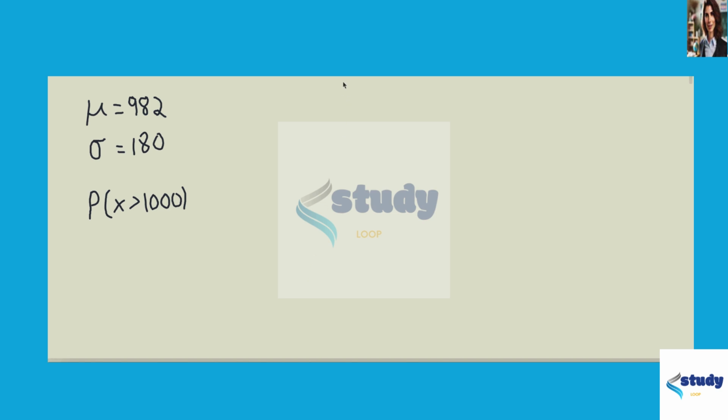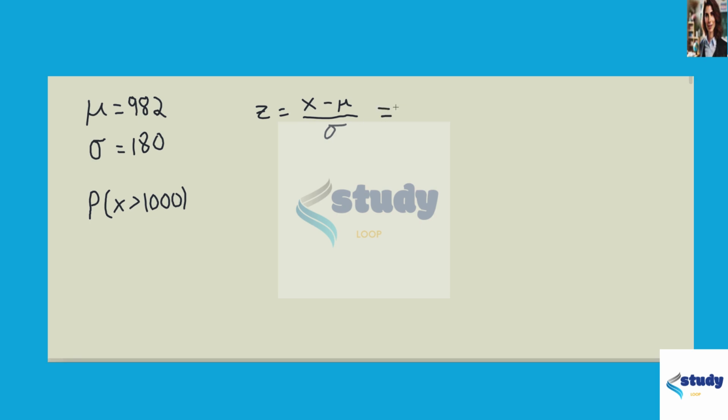Okay, so in this question, we're told that the average payment is $982, and the standard deviation is $180, and that the mortgage payments are normally distributed. So we're asked to find the probability that the payment is more than $1,000. To do this, we're going to use our formula: Z is equal to x minus mu over sigma,